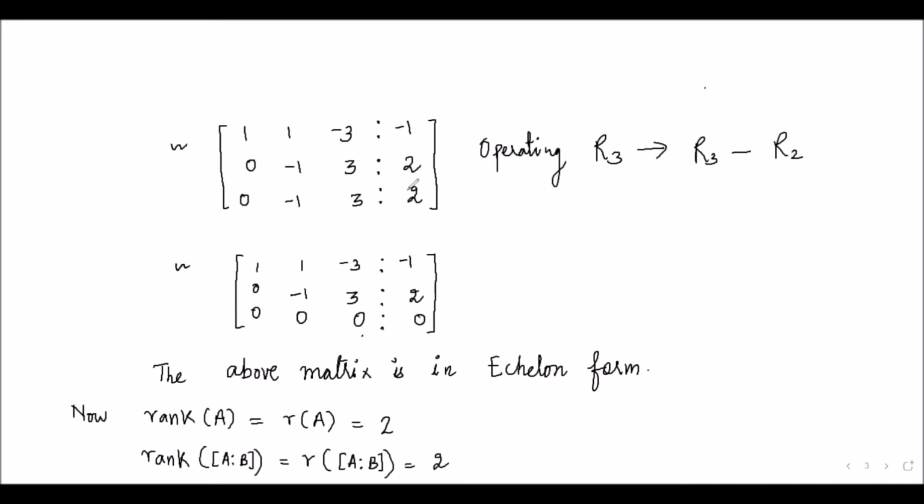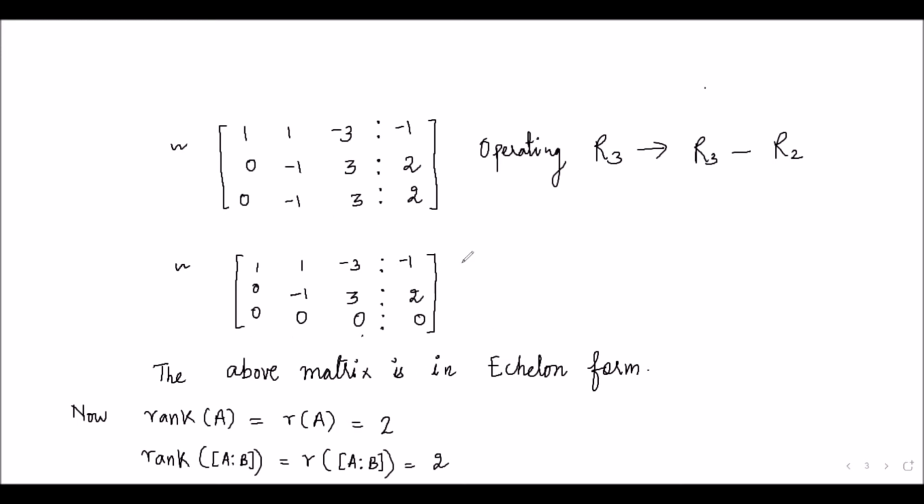We will be applying a transformation on the third row, and we will be making it 0 with the help of the second row. So the transformation which we are using here is, we are changing the third row with the help of the second row, R3 minus R2. And after applying this transformation, this is the new matrix, and this is an echelon form. In case we had made the second row a zero row, then to write it in the echelon form, we would have to apply one more transformation. That was, we have to interchange the second and third row, because in the echelon form, if we have any zero row in the matrix, then it should always lie below non-zero rows.